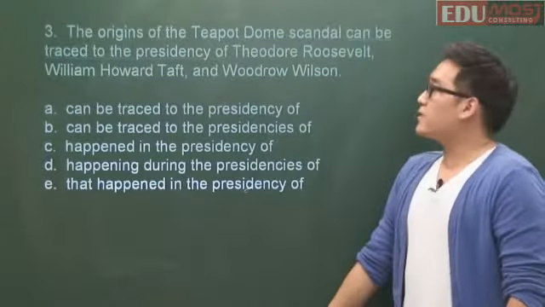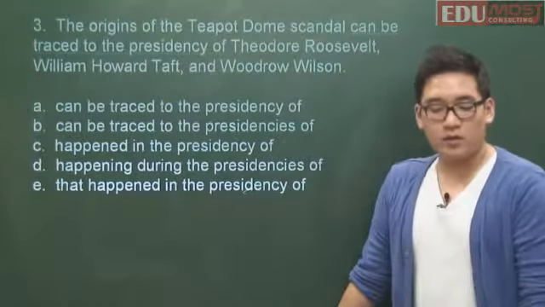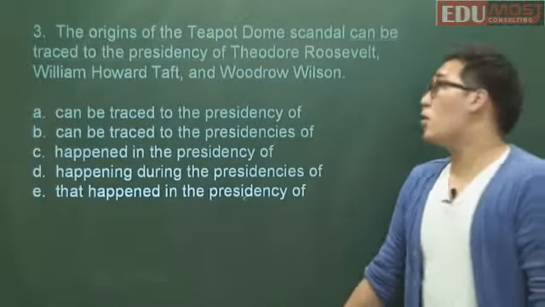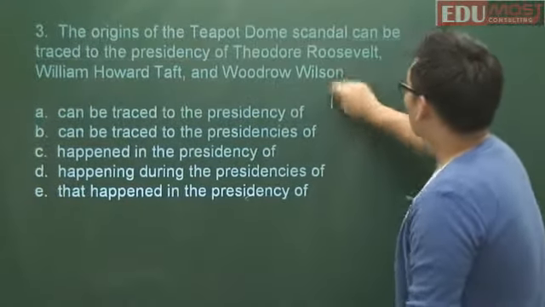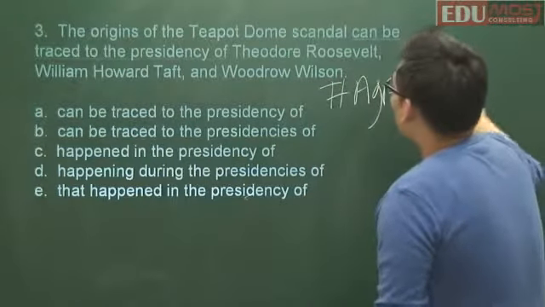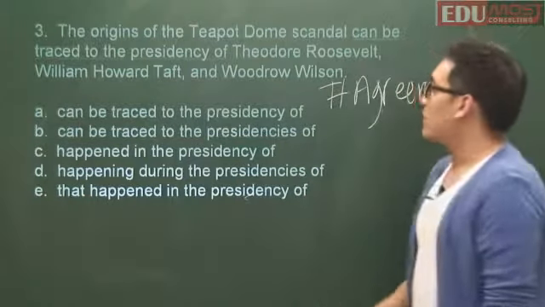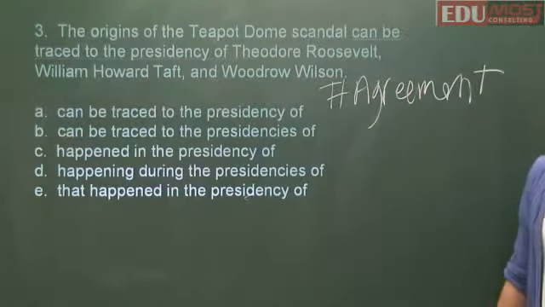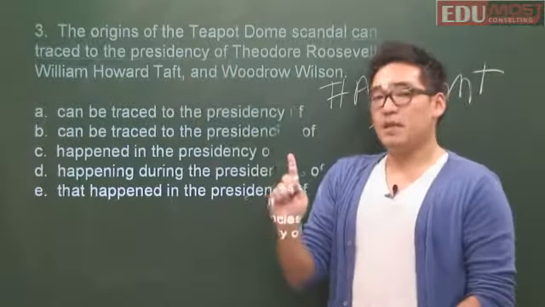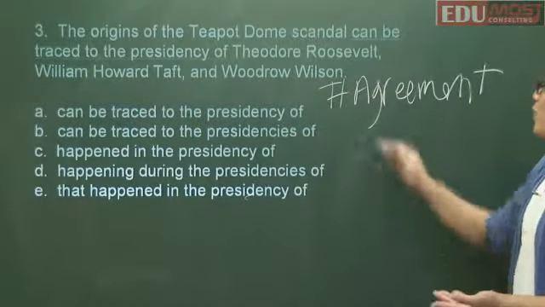Here, the origins of the Teapot Dome scandal can be traced to the presidency of Theodore Roosevelt, William Howard Taft, and Woodrow Wilson. We've seen a question like this before. It's called number agreement. Here, we have 3 presidents: Theodore Roosevelt, William Howard Taft, Woodrow Wilson. Did they all have the same one presidency? No, they each had their own presidency. So that's why this is a number